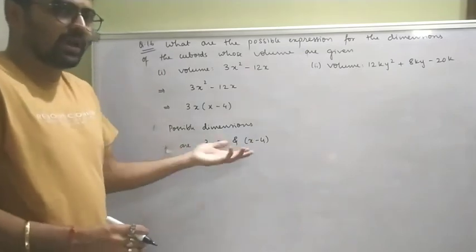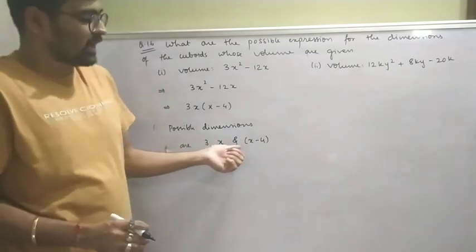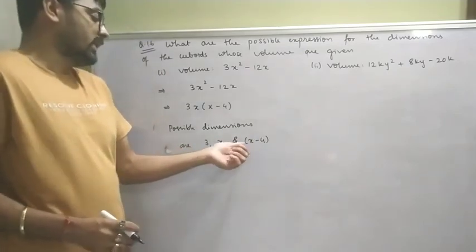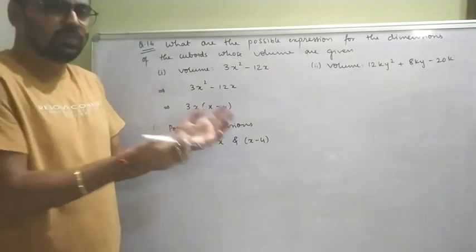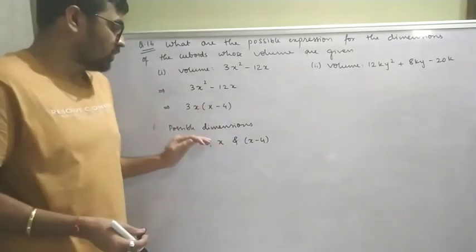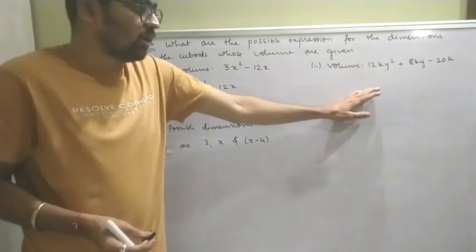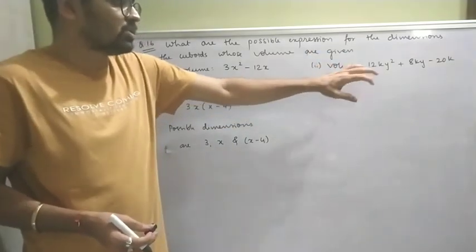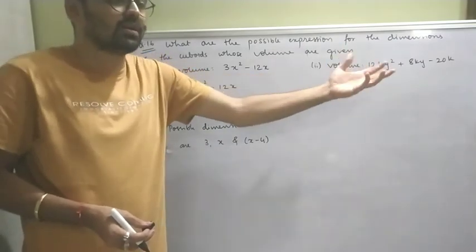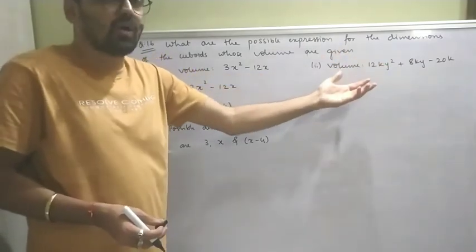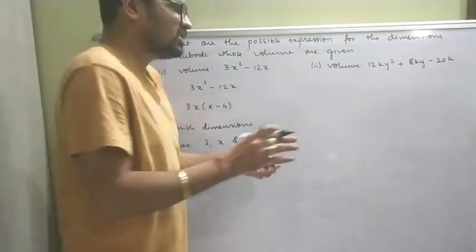Now anything could be anyone. This may be length, this may be breadth, this may be height. This may be breadth, this may be height, this may be length. कुछ भी इधर उधर आप arrange कर सकते हो. That's why I wrote the possible dimensions are this. That's it. Now similarly in this particular one, let me solve this for you as well, because you will look at this question and you will get confused or afraid that how we are going to solve this one. So it's very easy.